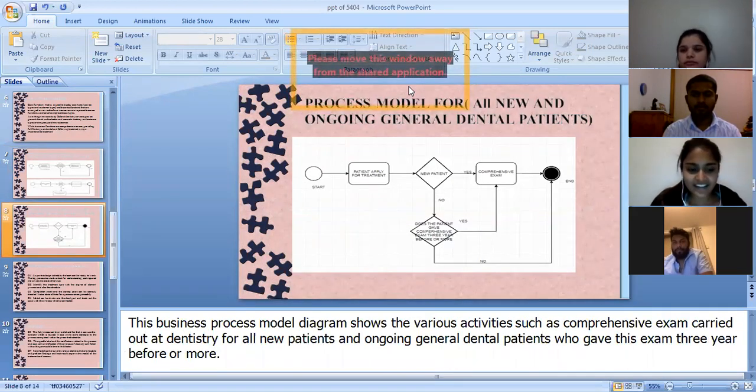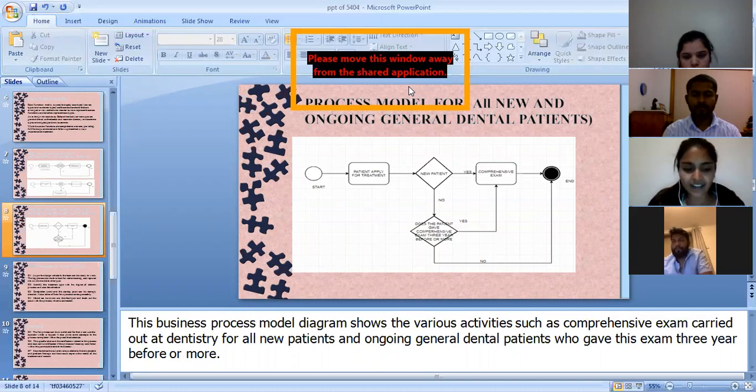Hi guys, today I'm going to explain the process model for all new and ongoing general dental patients. As you can see here in the diagram, we have two events, one is the start event and one is the end event. Firstly, the first activity is that when the patient arrives at the dental medical center, we will check that